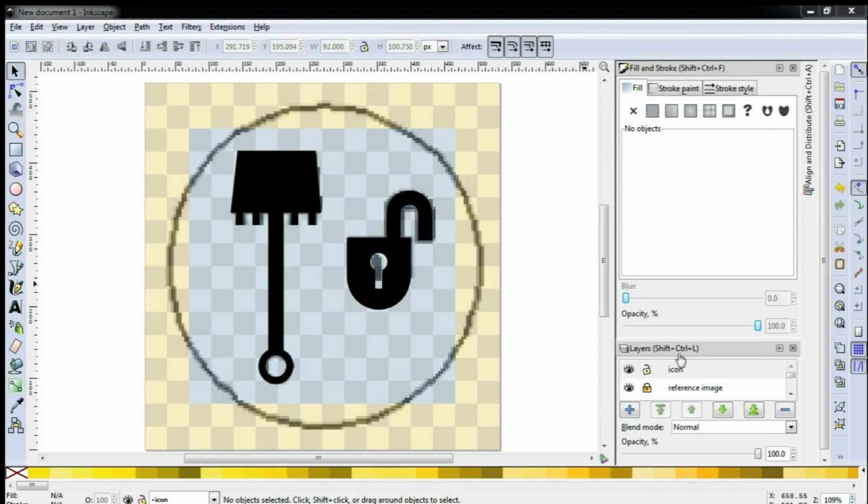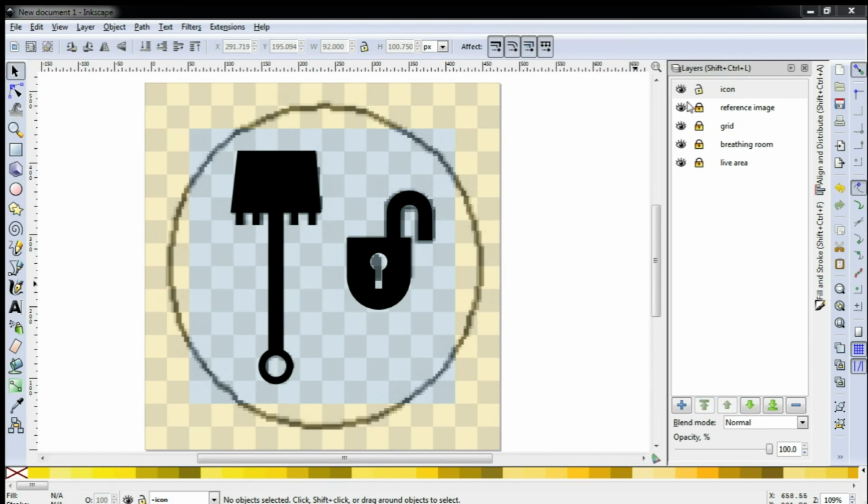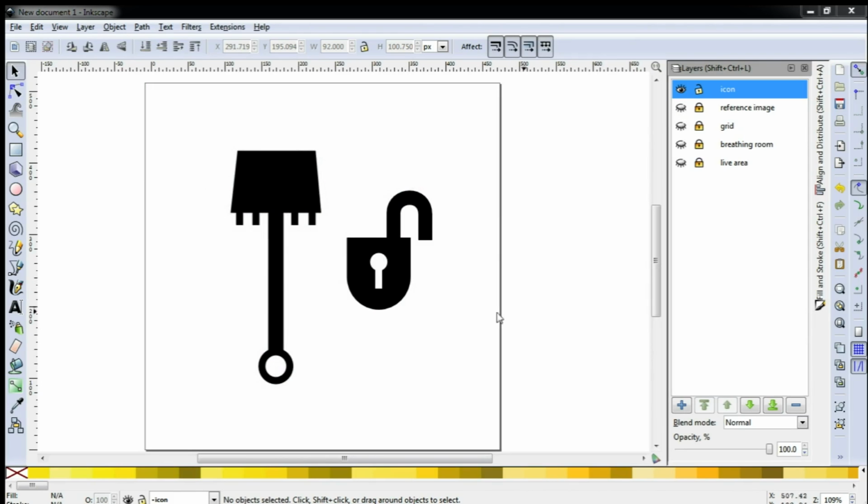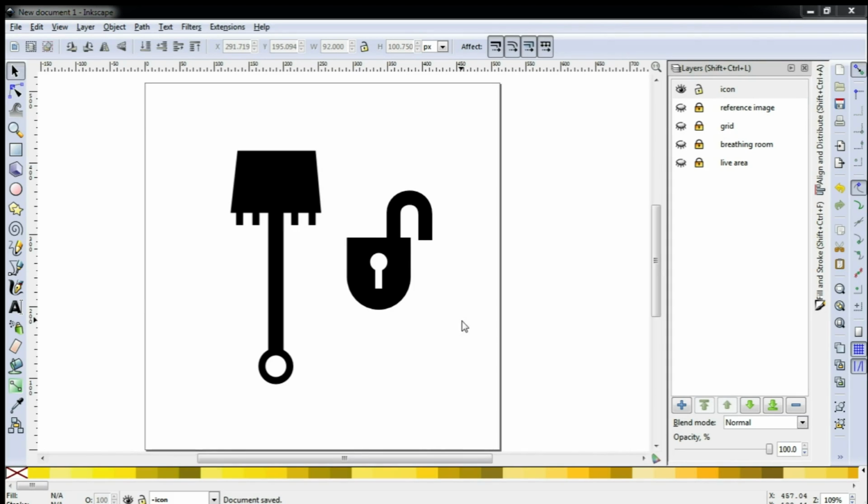And there you go. That's the icon pretty much ready. Now I'm going to hide these layers, and there we have it. Icon's ready. So I'm going to save this as the reference image was called the swing lock. I'm going to save it to my desktop right now,